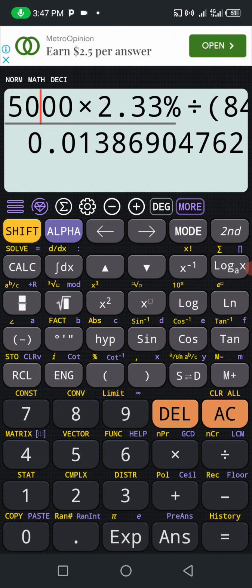$5,000. With a $5,000 account, you see, this topic is for big men, for big investors, people that are rich and want to be rich more. So my idea is not just for people that want to make money without having enough money. You need big money for this thing to work for you. So with a $5,000 account, you will be using 0.1 lot size. Okay, if you approximate this, it's going to be 0.1 lot size.